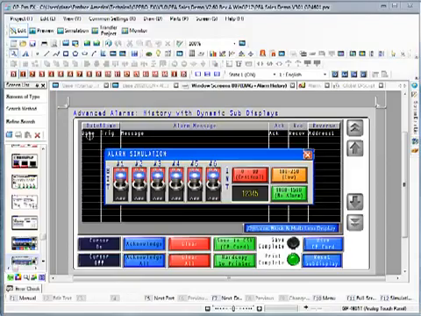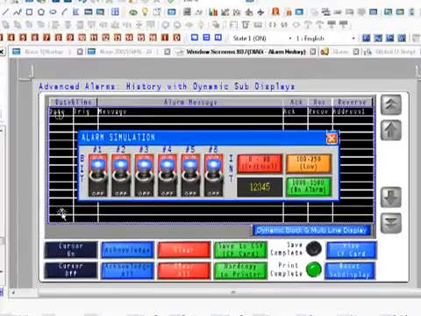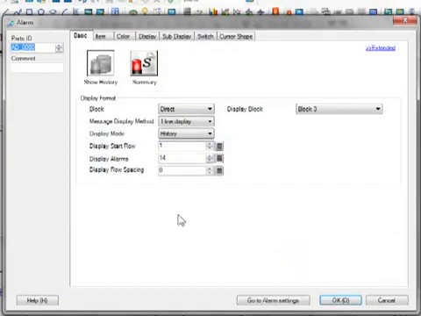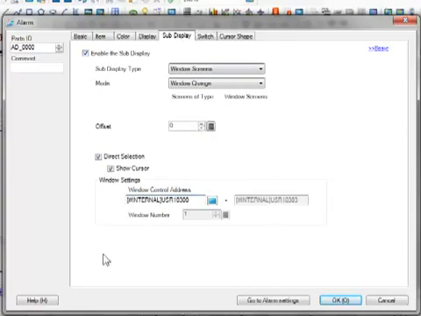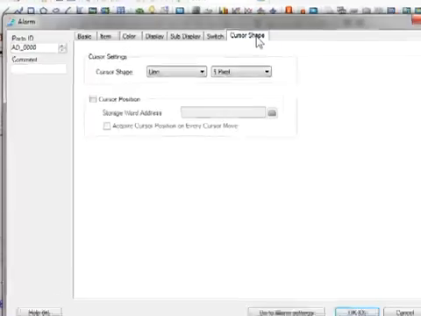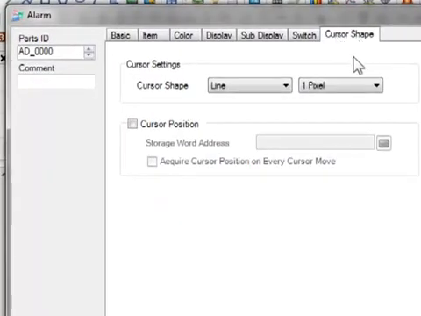Back in the other editor we can see the alarm window, which is part of this group. So I do a slow click, highlight it, and then double click to open it. There's the sub display definitions in here, but what I'm going to show you is this feature here. It says cursor shape, so it's not obvious that you have to go here to do this. And of course you can change the cursor shape from a line to a mirror image, i.e. it reverses. But this one here, cursor position,